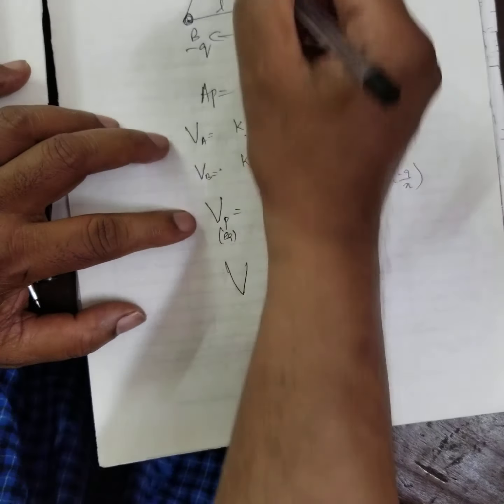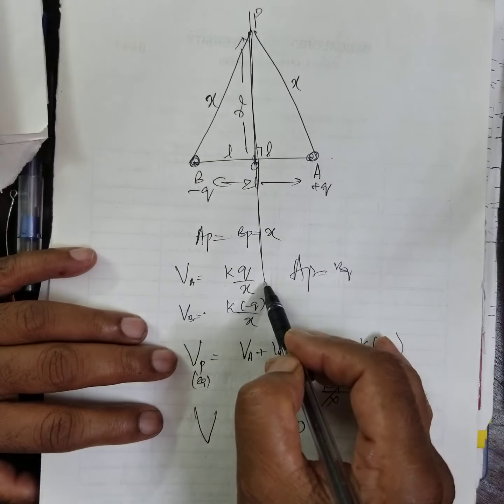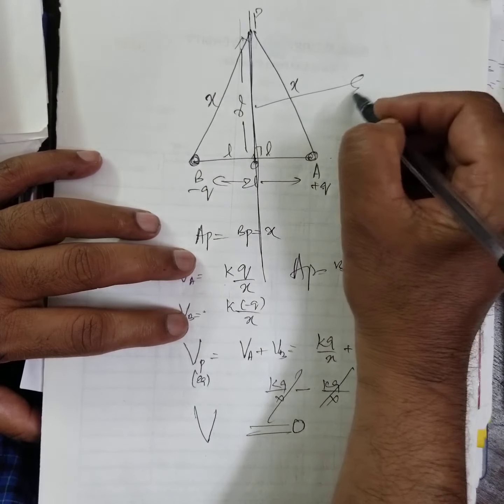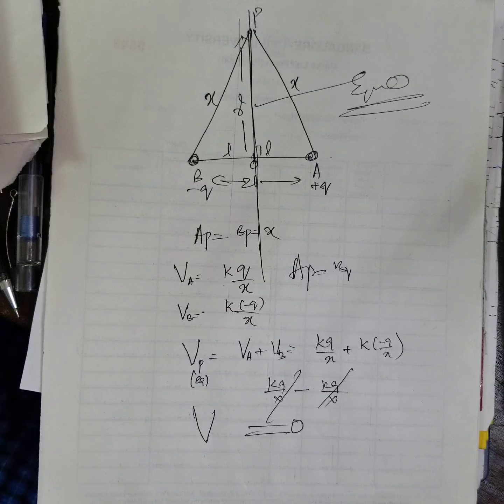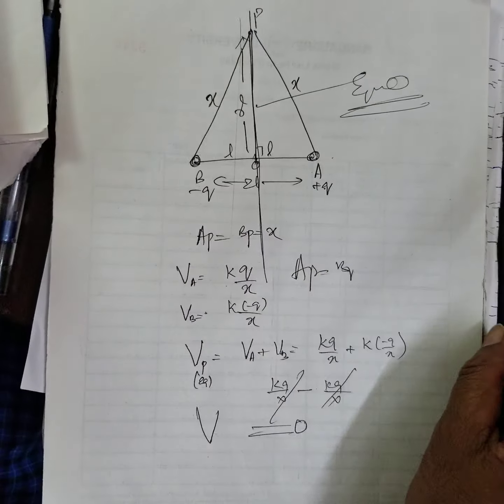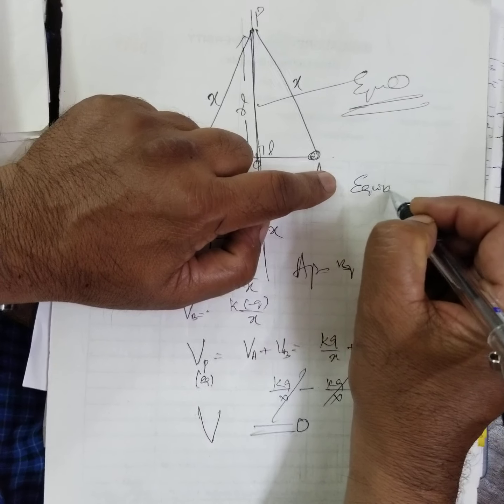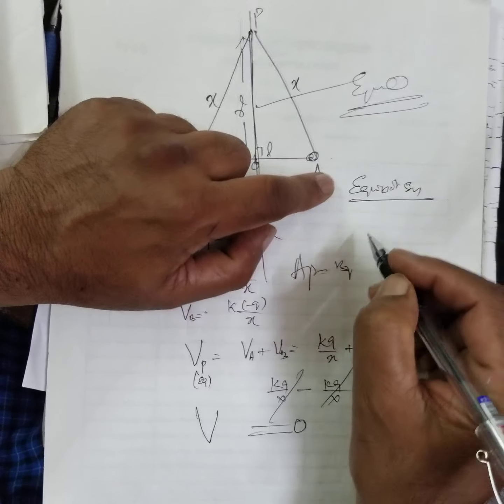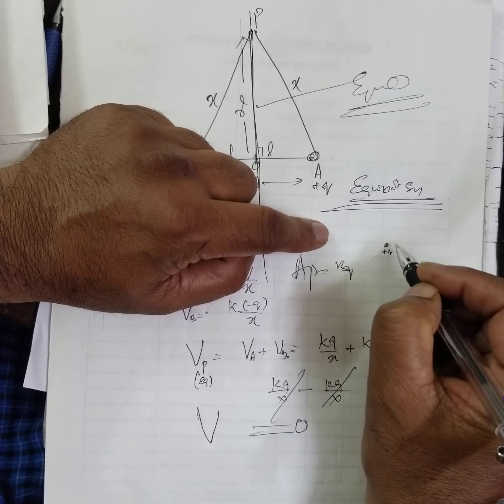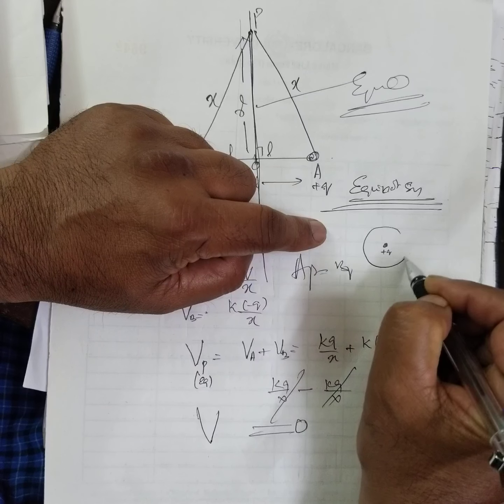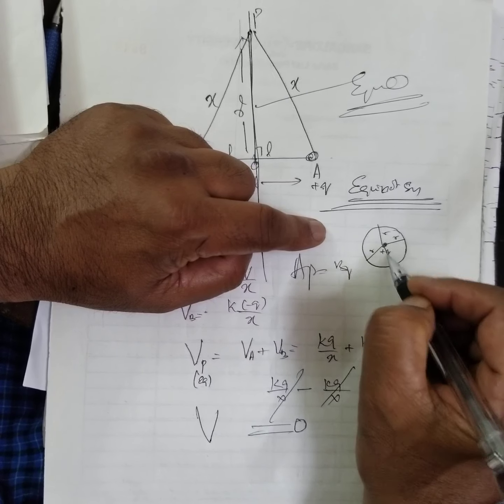Therefore, this is called an equipotential surface. This is an equipotential surface. The perpendicular bisector is equipotential. The potential is 0. Okay. What is an equipotential surface? Here potential remains the same. If they ask, we'll discuss later. If you take a charge Q, and you take a sphere, R is the radius.